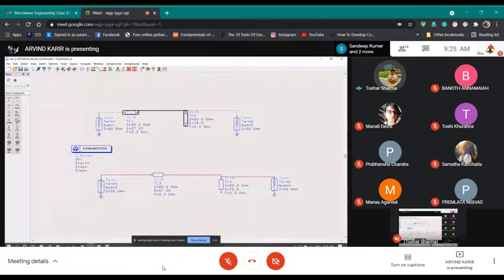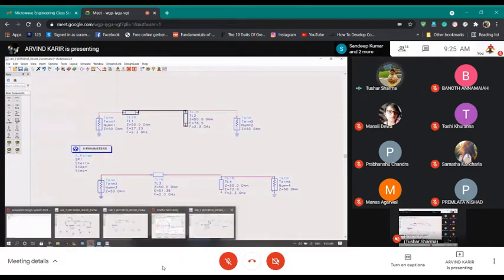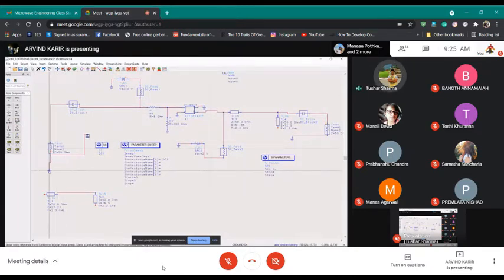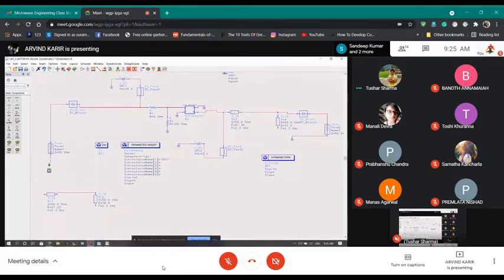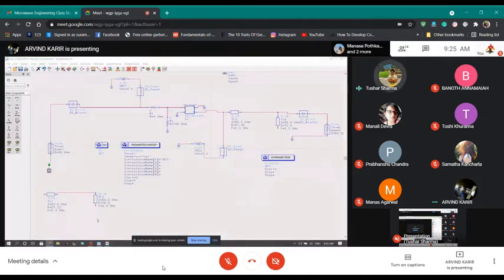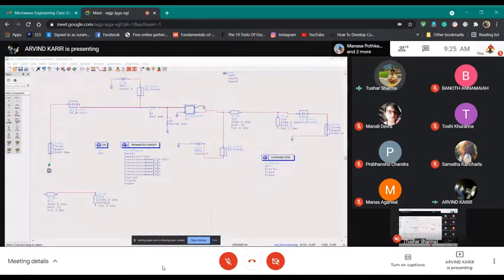Copy it, go to cell 3, and now you have to put this in at the input, like how you put it at the output. But what should be the first element from 50 ohms? Shall it be the transmission line or the stub? It should be the stub, I think. Yeah, because you are matching, first is 50 ohms and then the stub and then the transmission line. So put the stub first.